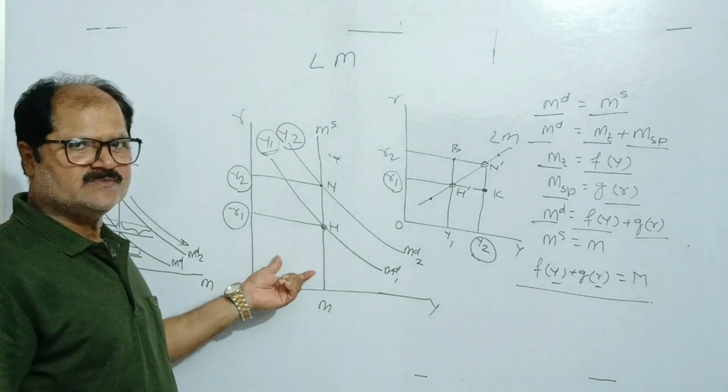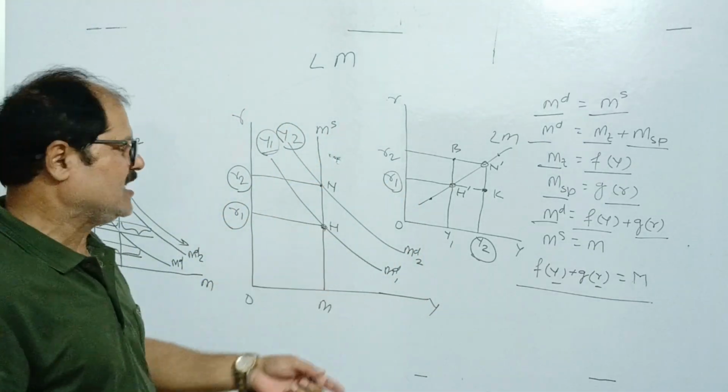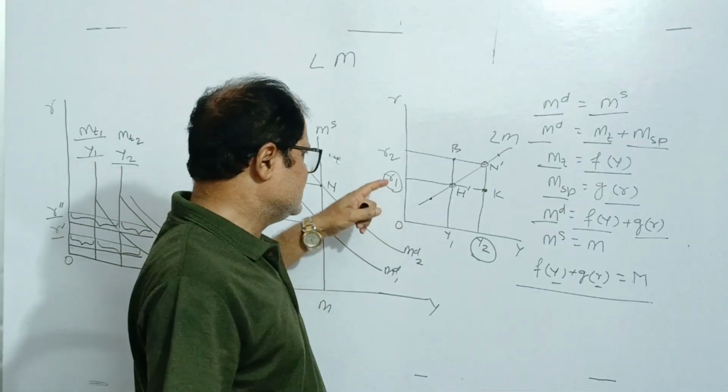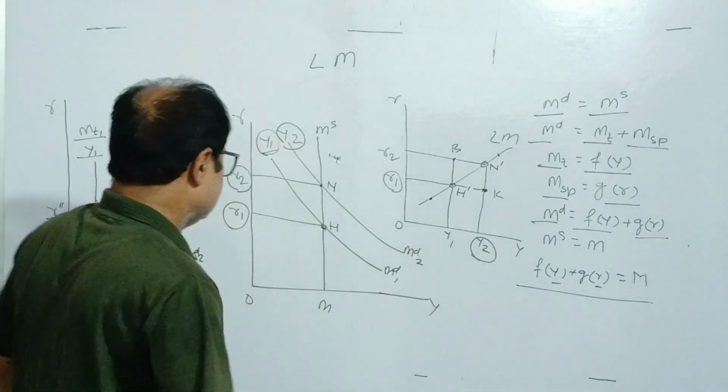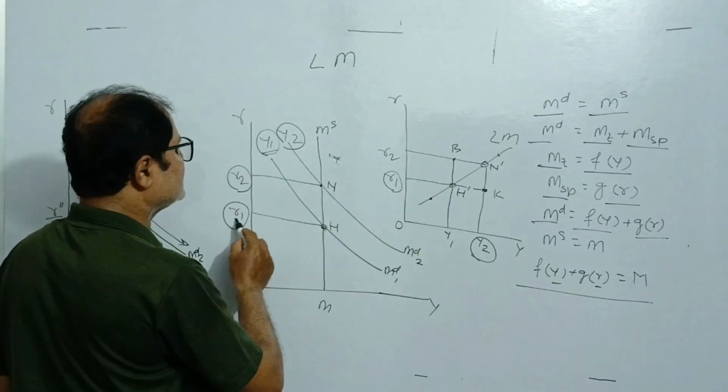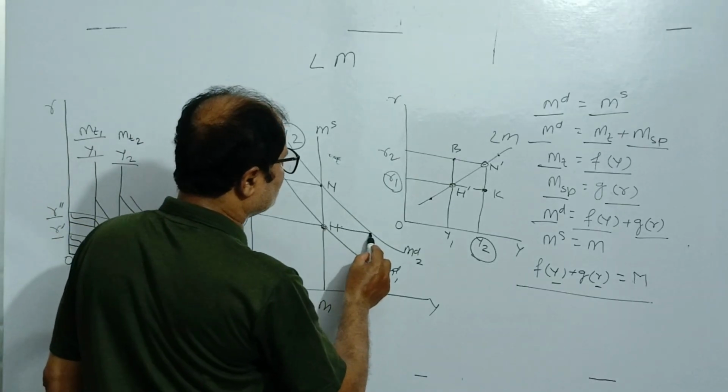From this diagram we try to find what happens when rate of interest is R1 and income is Y2. We are somewhere here,